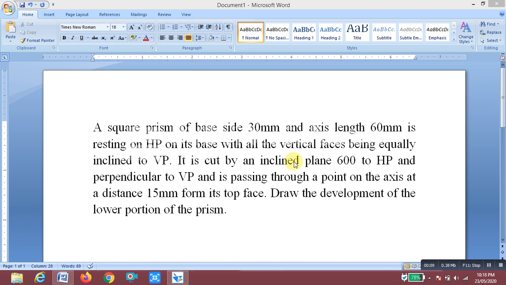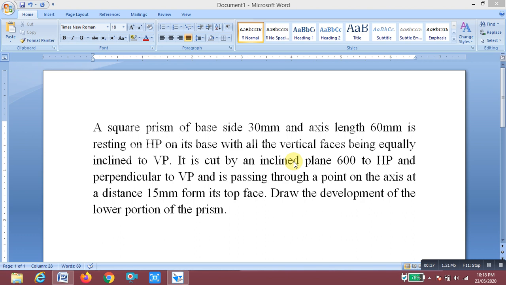Vandali. Today, I am going to start module number 4, that is on projection of development of lateral surfaces. So, first of all, we must know what is development. Development is nothing but we are going to frame any of the hollow components.